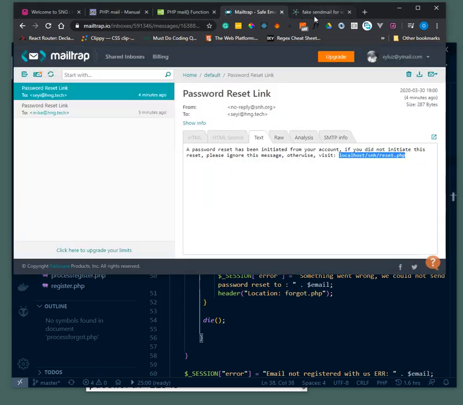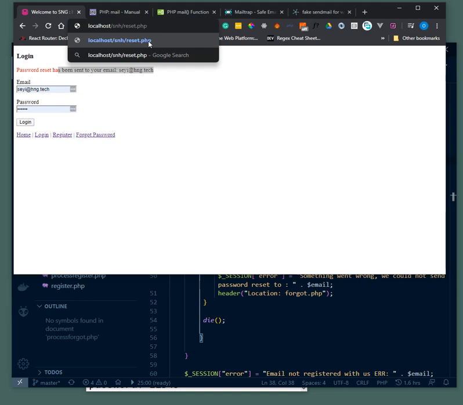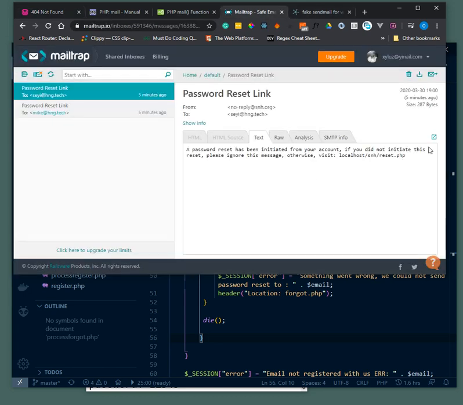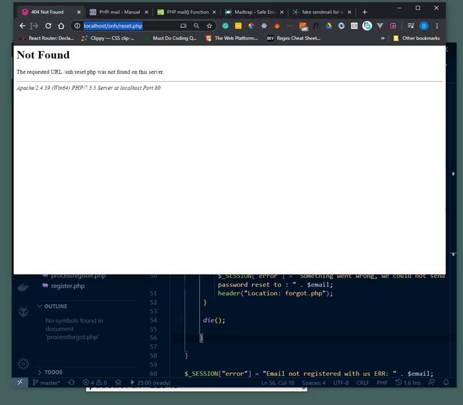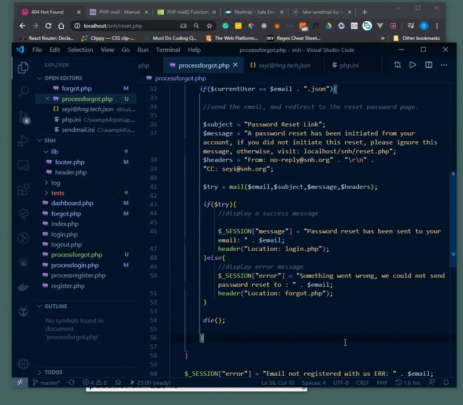So right now, if we try to visit that page, as the email said, it's going to say not found. However, there is something we need to take care of. If we allow just anyone to be able to copy this email and use it to reset a password, there is going to be a problem. So we need to find a way to make sure this email that is being copied will be used for this particular account,